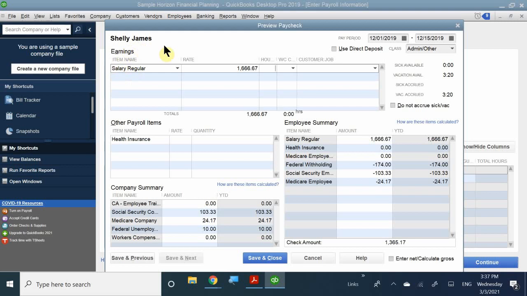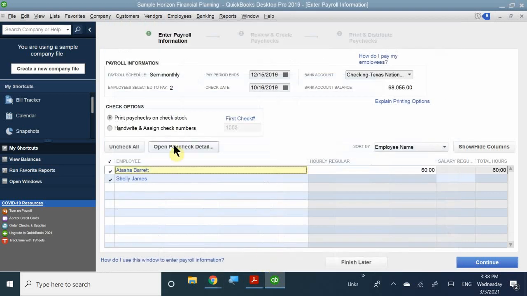Salary regular. So that means she's earning a straight amount. In this case, we don't have any other extra benefits. So here we can validate this one. No information on how much she needs to pay into her health care. No information on anything else. So we can go ahead and click Save and Close. So we're making payments to both Shelly and Natasha. Now we're going to write out a total of